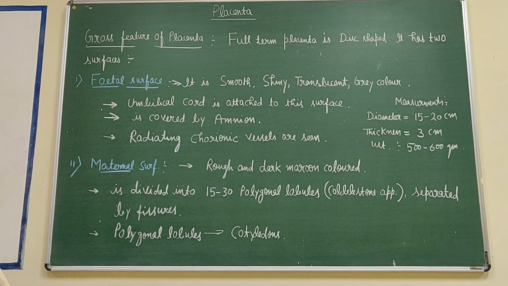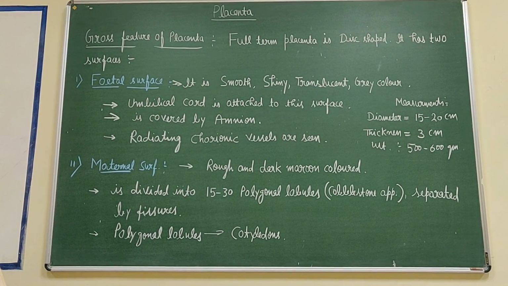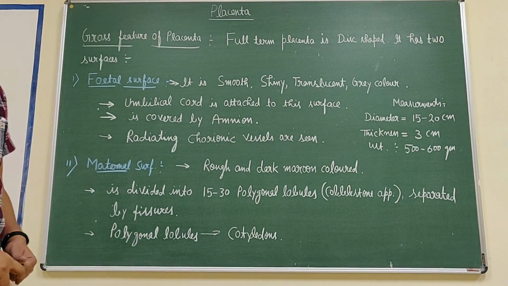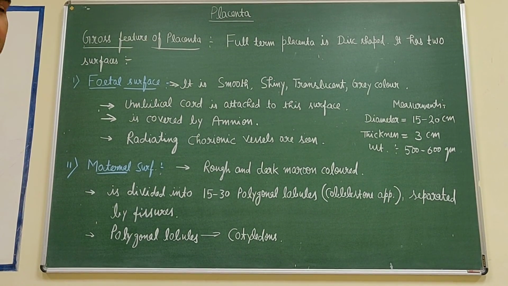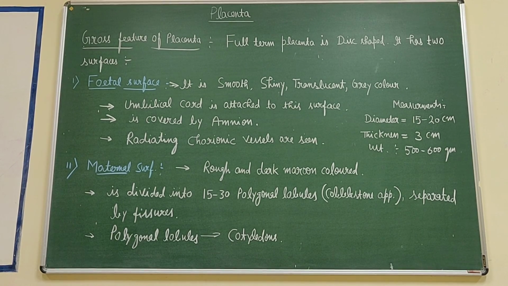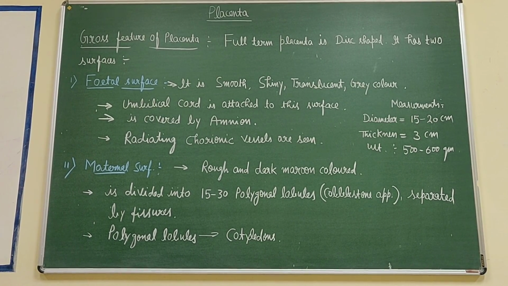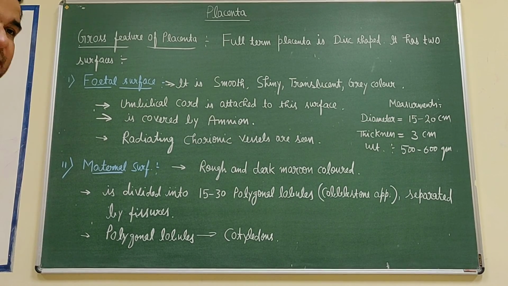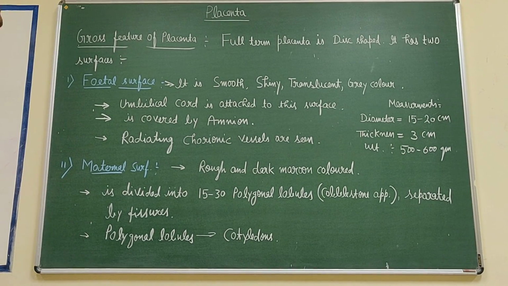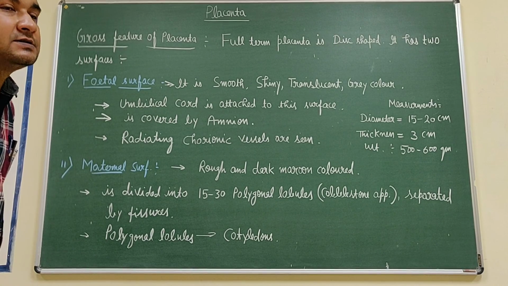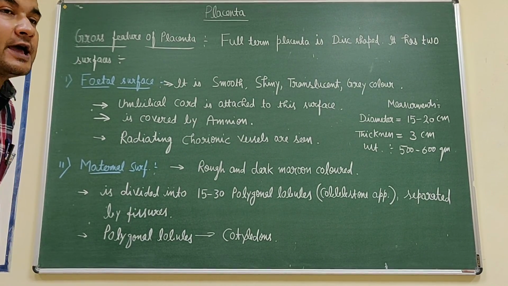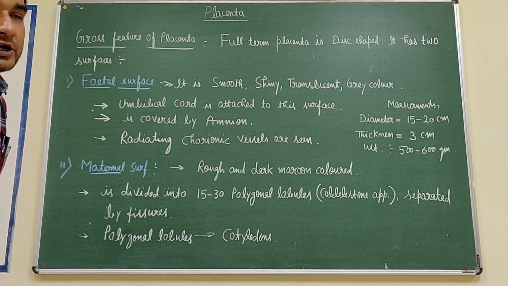Now, today we will first start the gross feature of the placenta. In the previous class, we had discussed how the placenta is formed from the decidua basalis of the mother part and chorion frondosum of